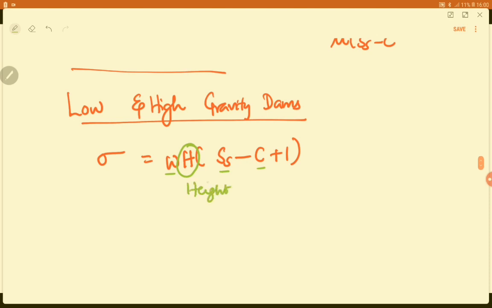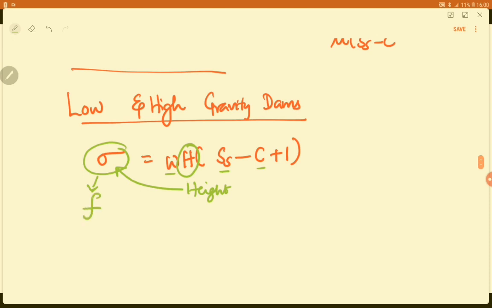So we can make sure if the height is within the limit, you can make sure that sigma is also within the limit. For the value of sigma, you have a permissible value. What is it called? It's called the maximum allowable compressive strength of the material, right? You can write it as F.